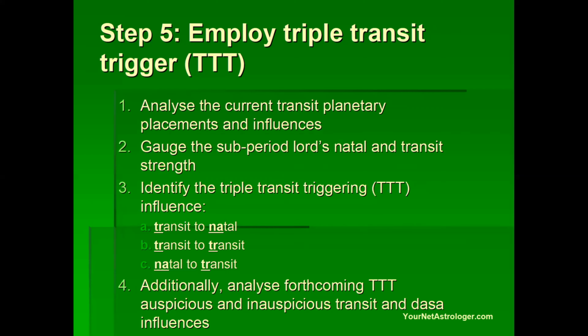Then we analyze the immediate future movement, in the coming months, of the transit planets, whether they are stationary or whether they are moving away. That will help us in timing the events and timing of relief from the current situation. Suppose somebody is ill or somebody is missing, so when he will return, or when such a person will be healthy again or discharged from hospital. Many such queries are answered by the help of triple transit influence only.